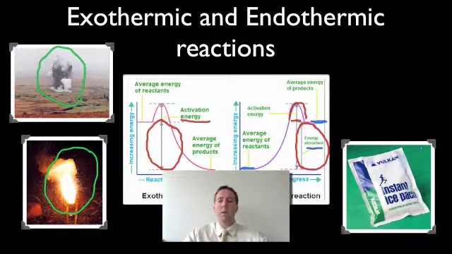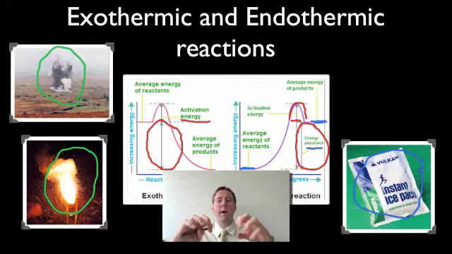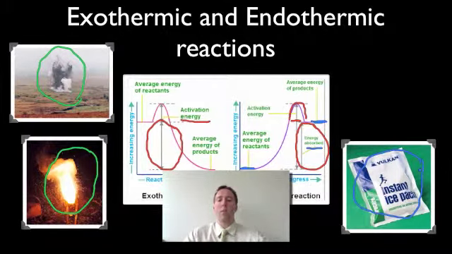And an endothermic reaction, so ones that get cold, an example of that is an instant ice pack. If you've ever had an instant ice pack, what you do when you break it, you snap a bit of plastic in the middle, which is holding two chemicals apart. Break the plastic, those chemicals mix together. Then an endothermic chemical reaction happens, which absorbs heat from the environment and therefore makes things cold.